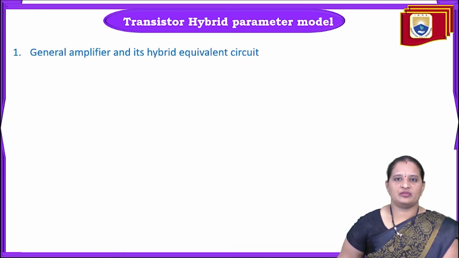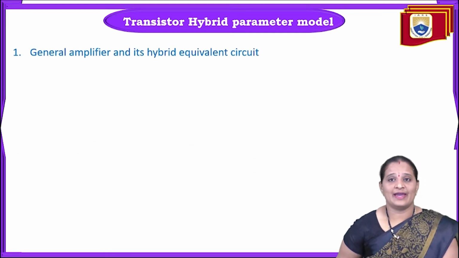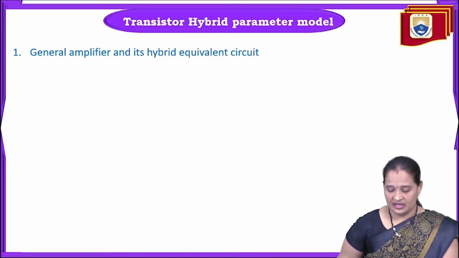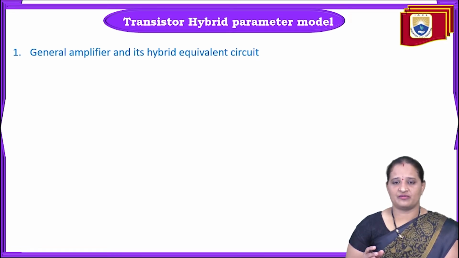Before going to the lecture, first of all we'll see the H parameter equivalent circuit of a general amplifier. As we all know, the application of a transistor is as an amplifier, where the transistor should operate in the active region; only then can the transistor be used as an amplifier. So before analyzing the various characteristic parameters of a transistor amplifier circuit, we'll just recall what an H parameter equivalent